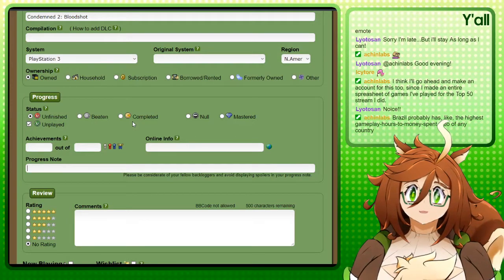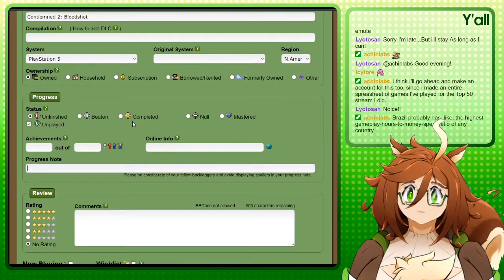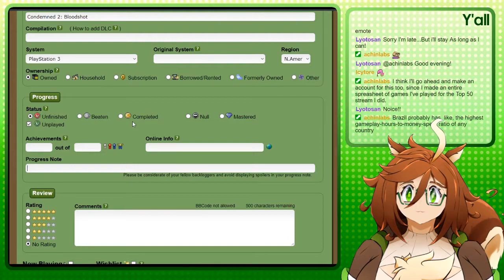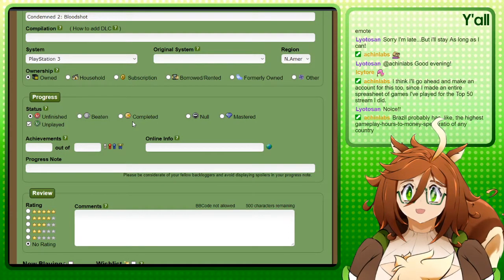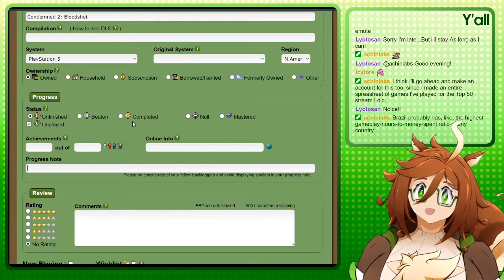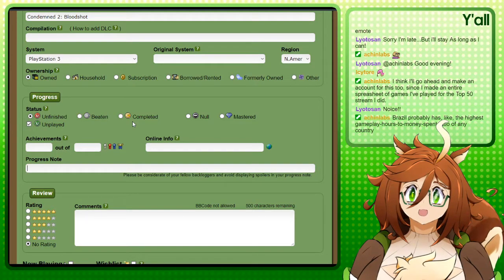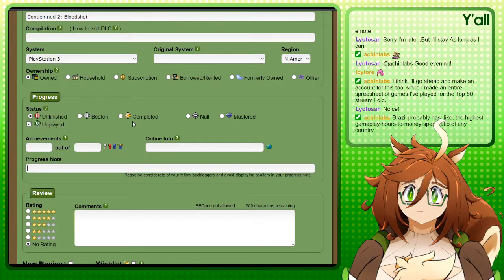But I guess I'll go ahead and we'll write something down about Condemned 2. I have nothing clever to say about this game right now. Should I just write something clever here? Again, if I had something clever to say, I would write it down, but I don't have anything clever to say. But yes, I guess we'll just put it as...